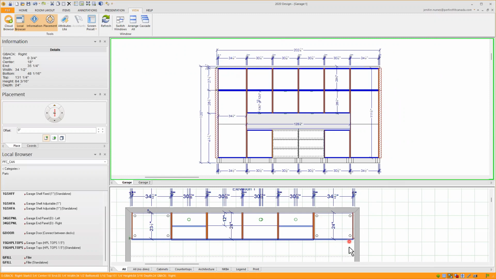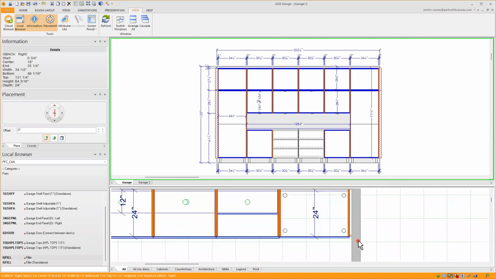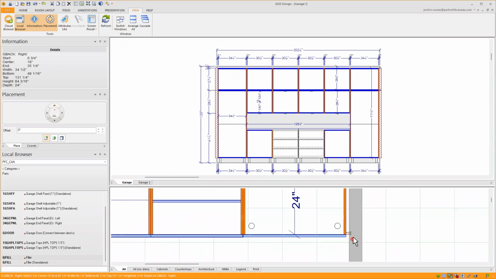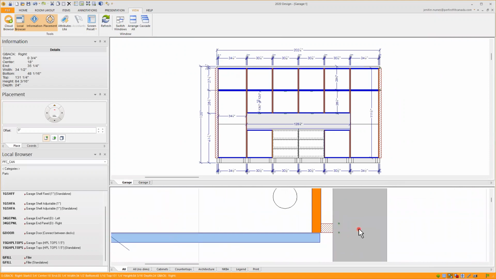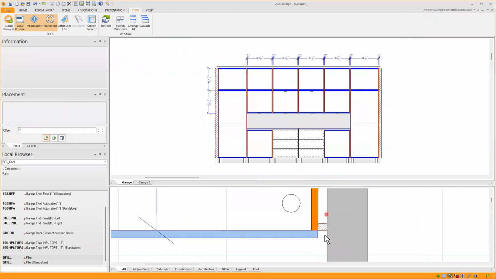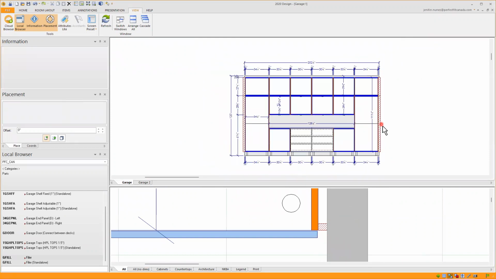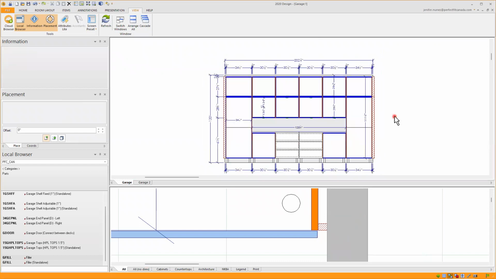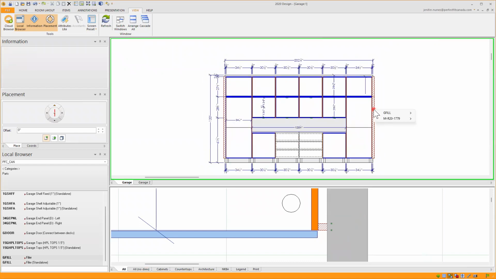And right here, if I go back to my elevation, you can see that it created a collision because I'm between walls. And the reason it's doing that is because these fillers come 3 inches oversized when you add them there, to be cut on site. And if I right click, go to attributes,